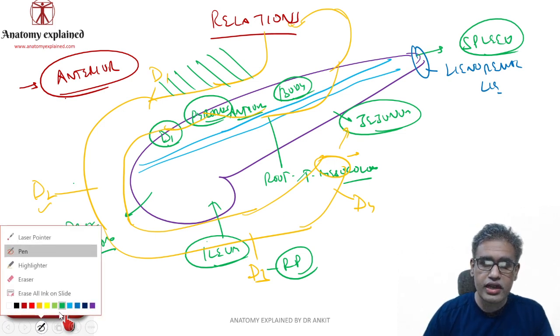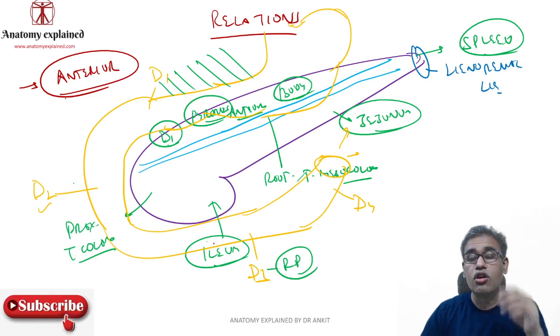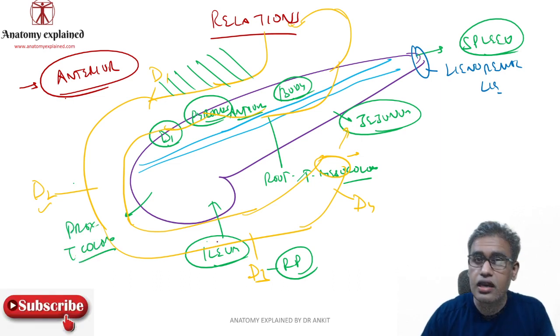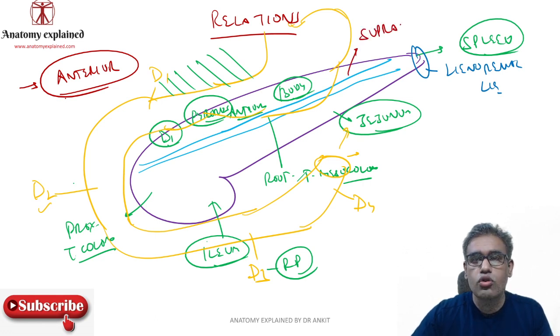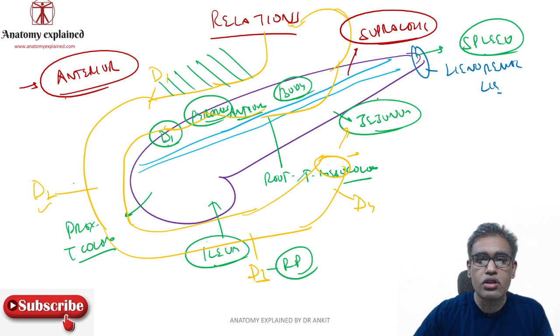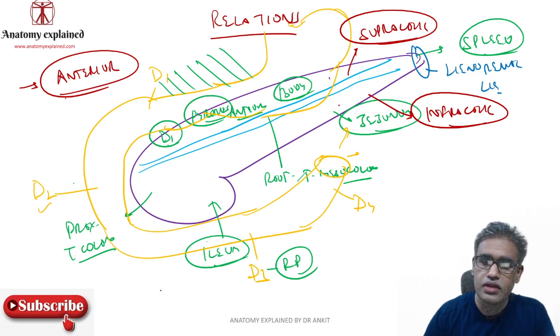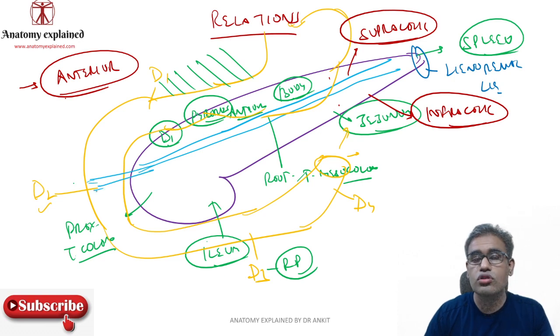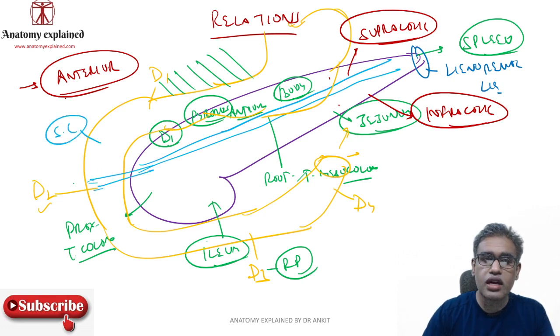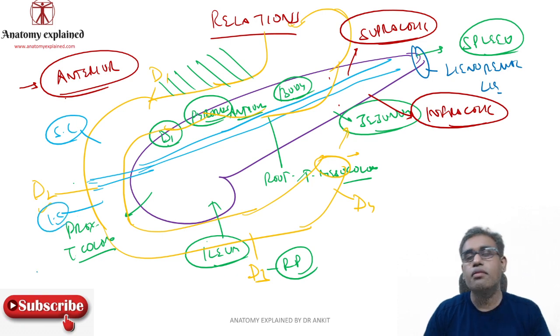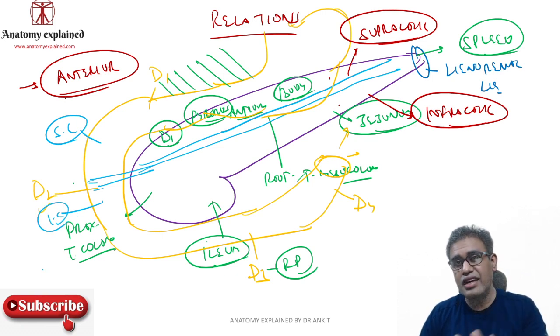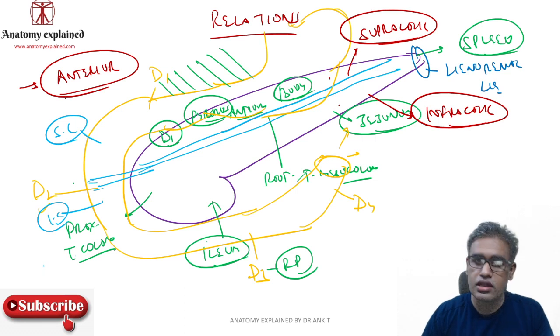We have already done a session on the video on the peritoneal compartments. Above the attachment of the root of transverse mesocolon, we call this the supracolic compartment. And below the attachment of the transverse mesocolon, we call it the infracolic compartment. So pancreas lies in both the supra and infracolic compartments. And this is your root of the transverse mesocolon, which is actually going through the second part of duodenum also. So the second part of duodenum is also lying in supracolic and infracolic compartments. Okay, so these are your anterior relations, peritoneum and the intraperitoneal organs.